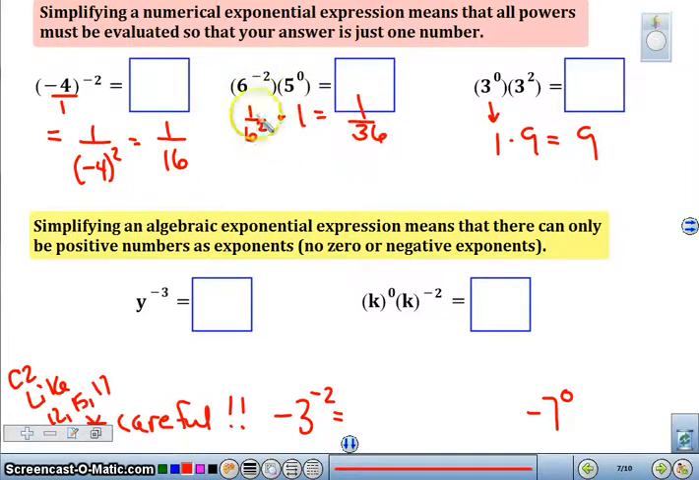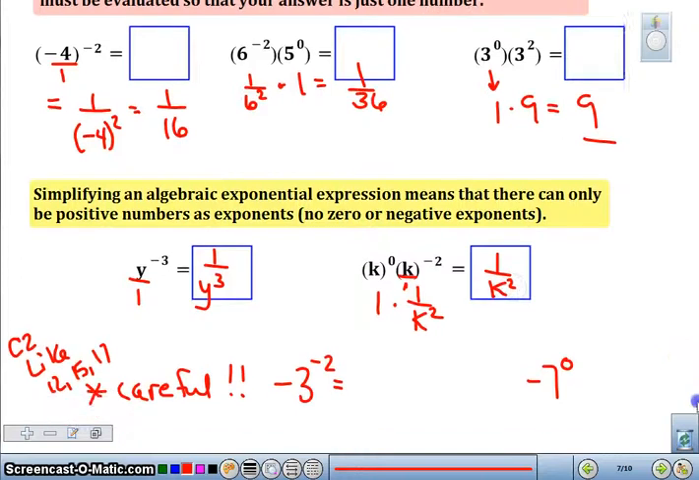The first one I rewrote right below each one. This is the work I should see on your paper, 1 over 36. 3 to the 0 is 1, 3 to the second is 9, answer is 9. In this one, if we're going to have no negative exponents, we always want to think of it as over 1, so the reciprocal is y to the third. Here, k to the 0 is 1, times 1 over k, making it a positive exponent by moving it in the denominator. Remember, it's always over 1 when you start, so our answer would be 1 over k to the